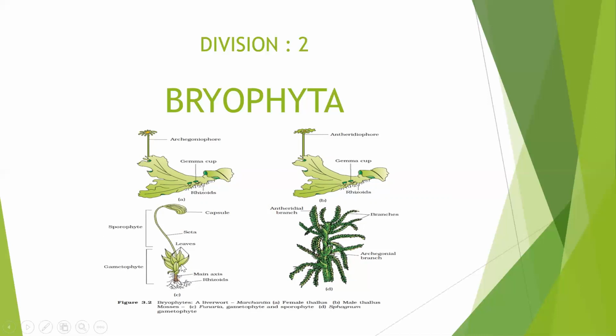Even if you see this, they are leaf-like, they are not leaves. Their internal structure is not similar to the leaves of angiosperms. Same way, this is the main axis, which you can see, this is not stem, this is stem-like. Again, what do you mean by stem-like? They look like stem, they look like leaf, but their internal structure is not similar to the stem and leaf of the angiosperms. And in Marchantia, you can see the body is thallus-like.